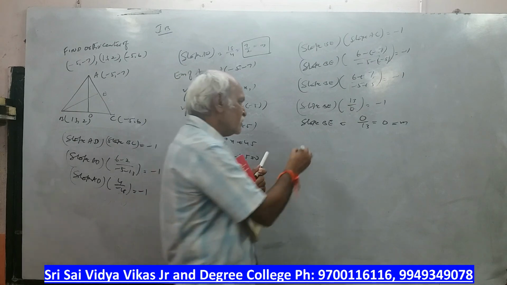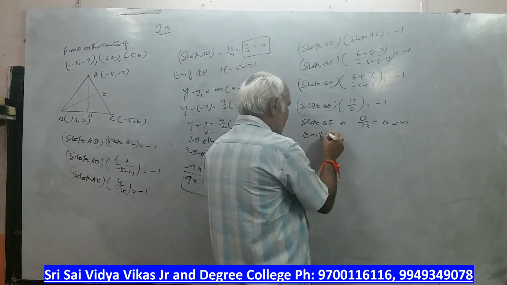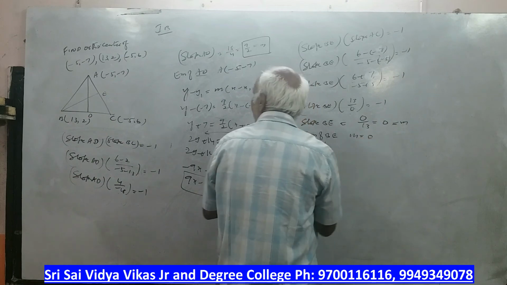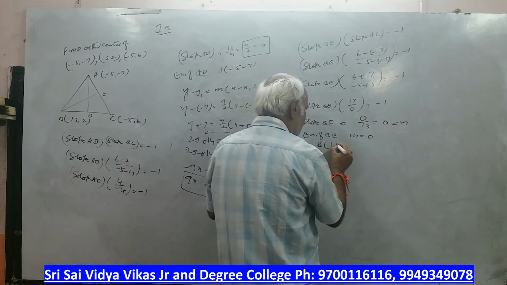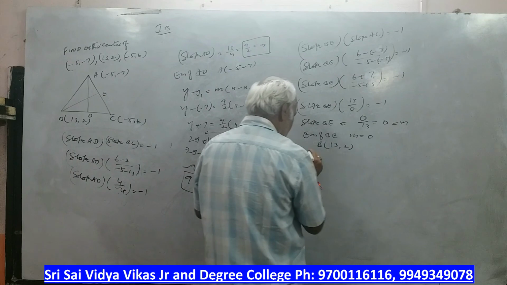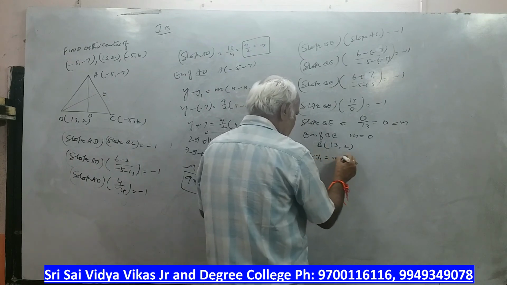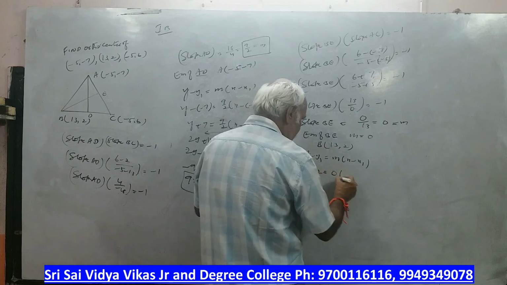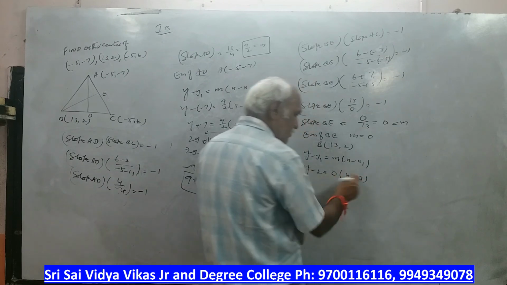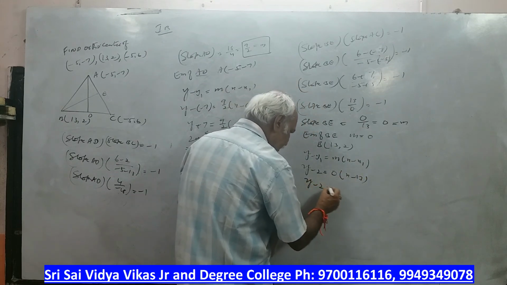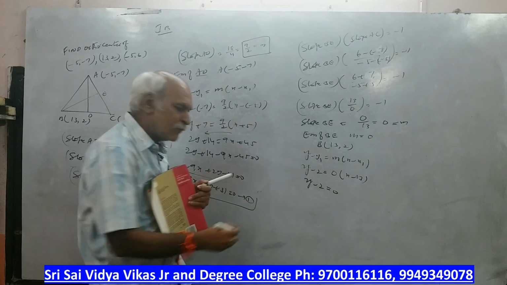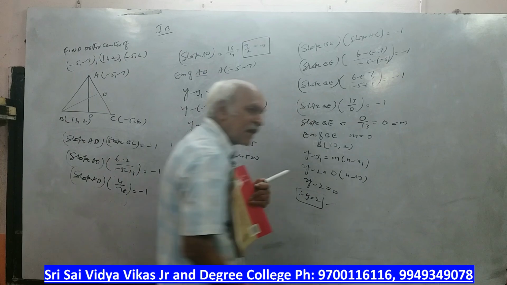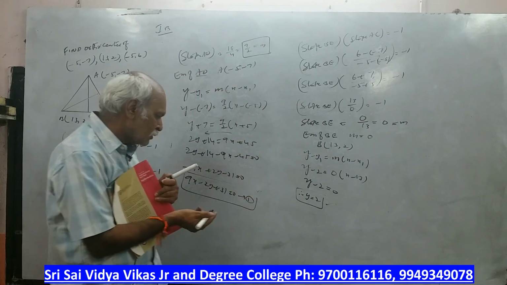This we got. Now, equation of B. m is 0. What is the B point, sir? 13 comma 2. Observe here what will happen. y minus y1 is equal to m into x minus x1. So y minus 2 is equal to 0 into x minus 13. 0 into anything is 0. So y minus 2 is equal to 0. Therefore, y is equal to 2. You got the y value directly, sir. Now, there is no cross multiplication.